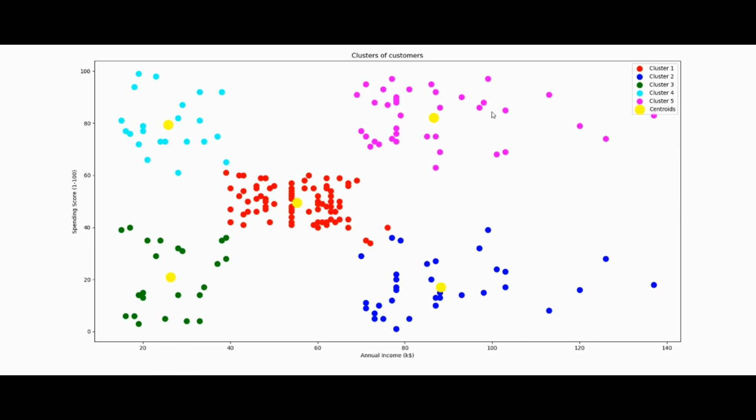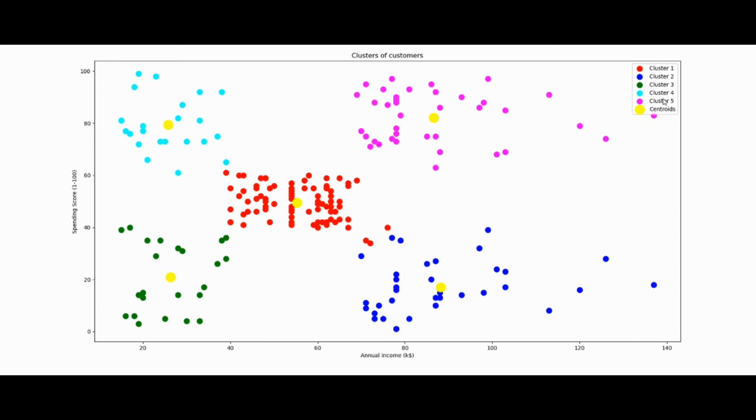Now you can see that our cluster 1 is of red color, and they are in the range of average annual income with average spending score. Now the second cluster, which is blue, has high annual income but their spending score is low. And our cluster 3, which is green, has low annual income and low spending score.